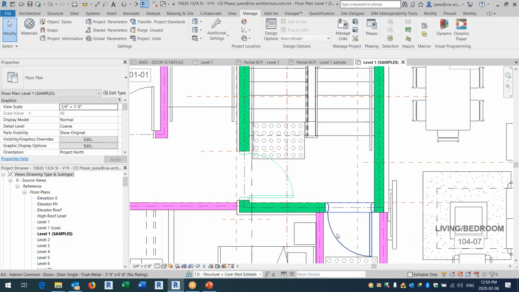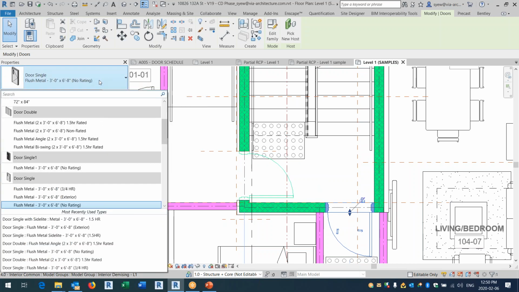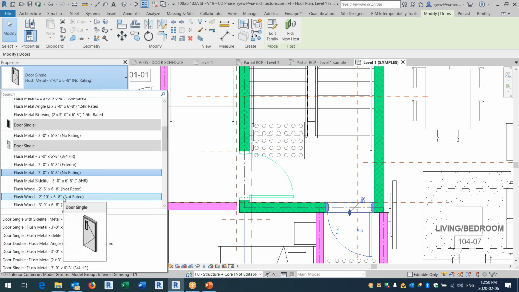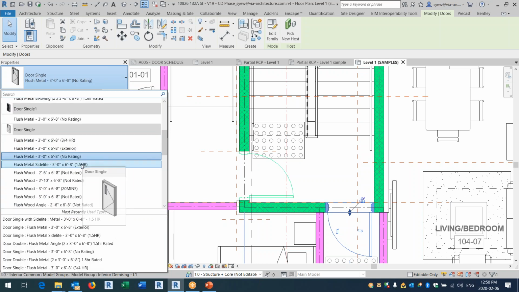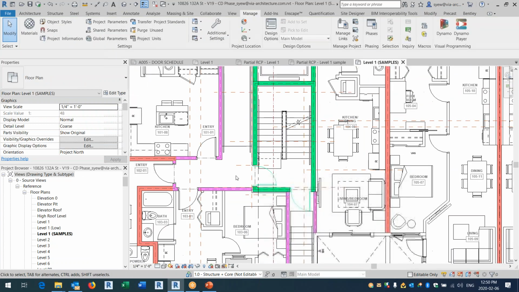Okay, and why this doesn't change, which means that this is how you do QA/QC. If let's say this is 90 minutes and this is not 90 minutes, then you know that, oh, someone messed it up. They didn't put it. It's under non-rated, so you kind of have to go in and change it to an hour and a half. Let's say, for example, this one. Okay, it's a good way to check to make sure that your doors are at the